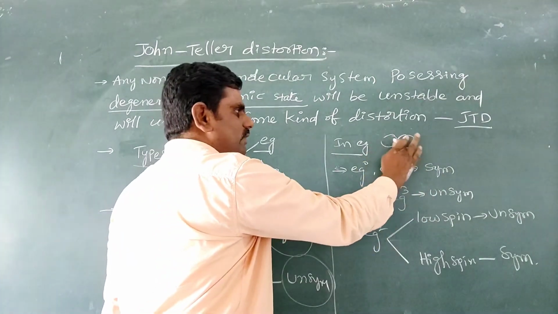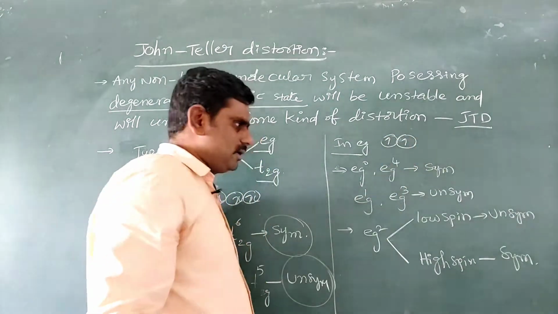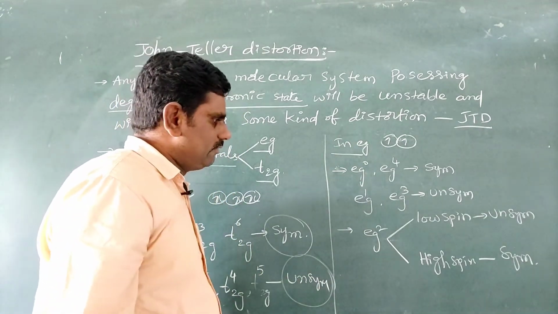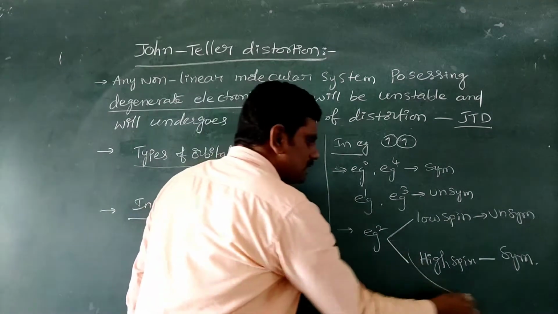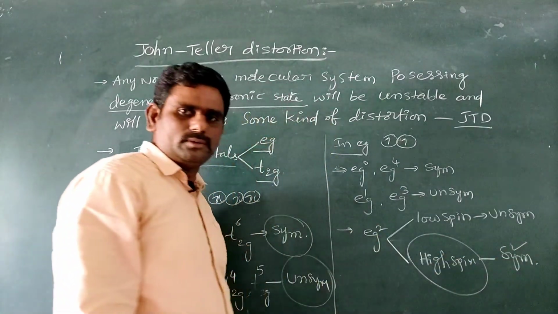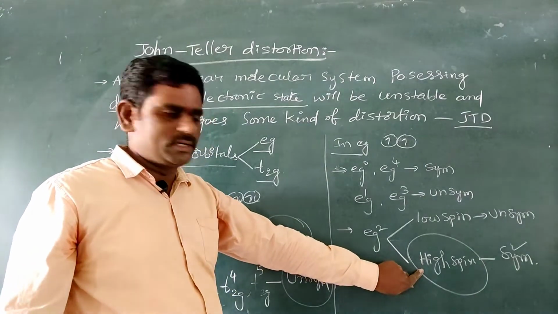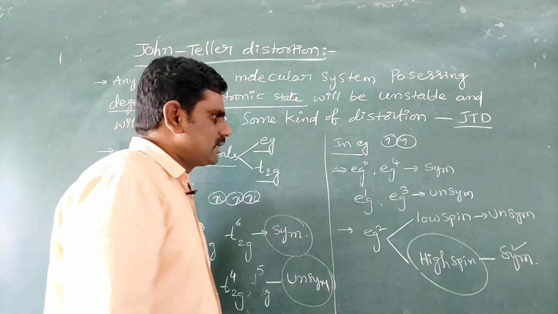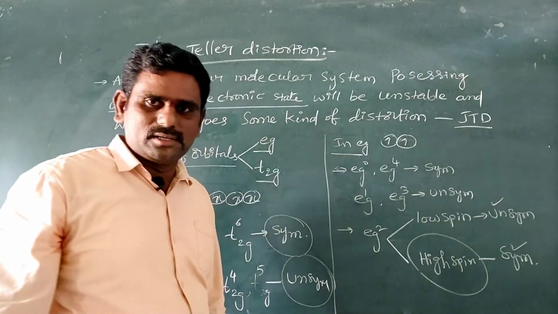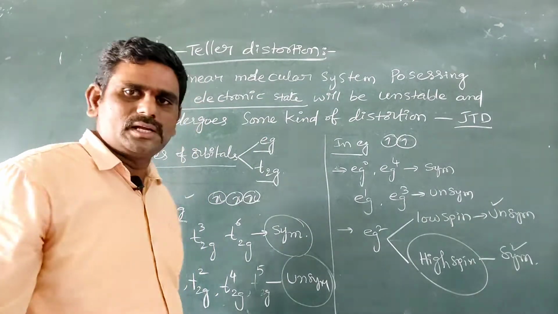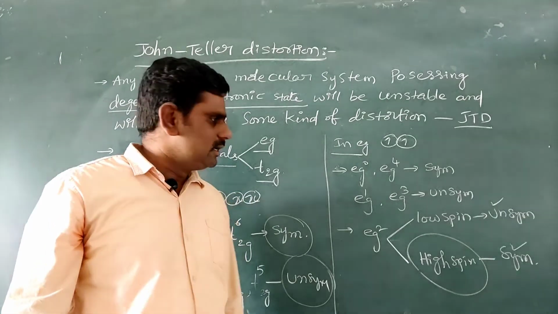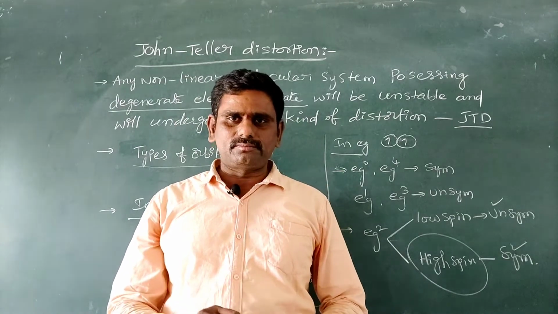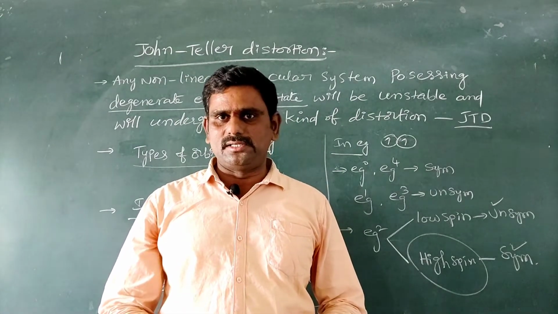Now, in the case of half-filled, there is one exception you need to remember. The eg2 configuration should be stable in high spin complexes. Remember this point for your applications. High spin complexes are formed in the presence of weak ligands. In the case of low spin complexes, it should be unstable. So these are the symmetric and unsymmetric conditions for an octahedral complex to understand Jahn-Teller distortion, where no distortion, strong distortion and slight distortion are possible.